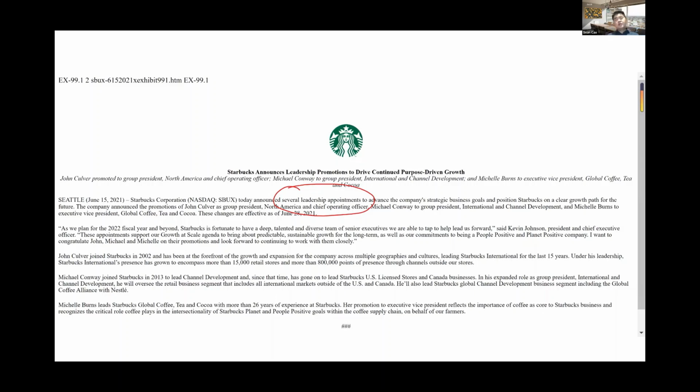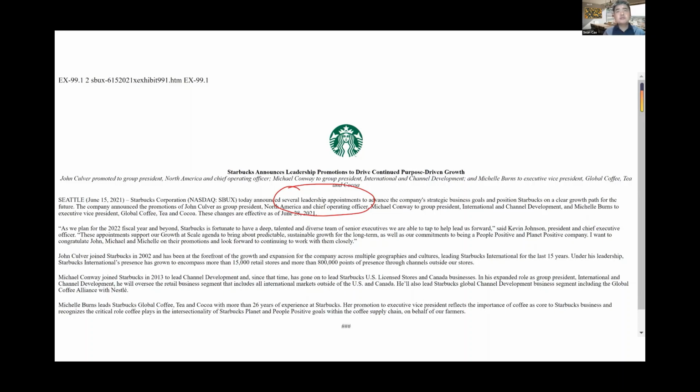So the question you can think about here is: using textual analysis, how exactly do you use the information to help investors know more about Starbucks? And how can you use the textual information to help managers of Starbucks' competing companies know about Starbucks? I encourage you to think about how exactly you can use this news, the employment change, the leadership change, and the new strategy of Starbucks. How do you use this textual information to help Starbucks investors?